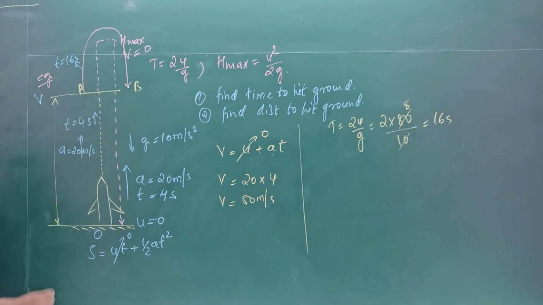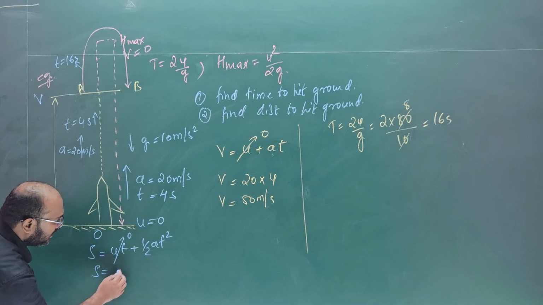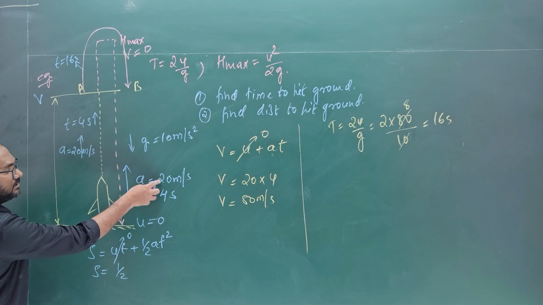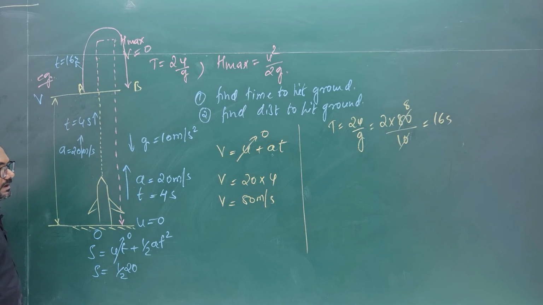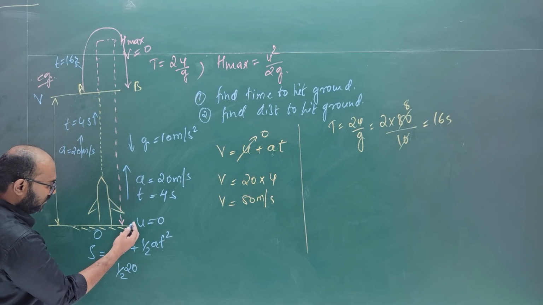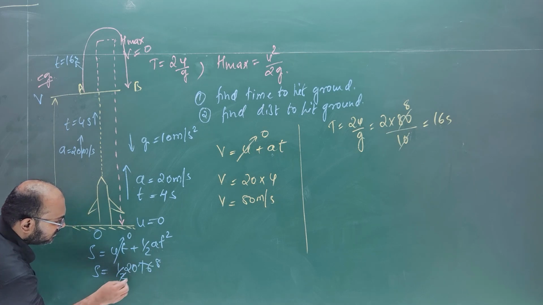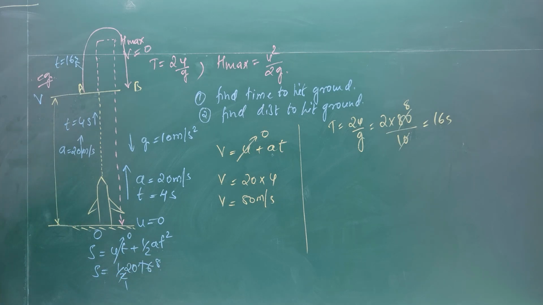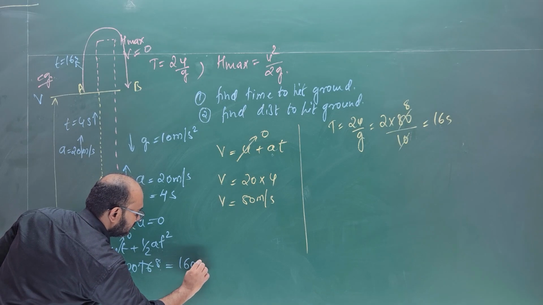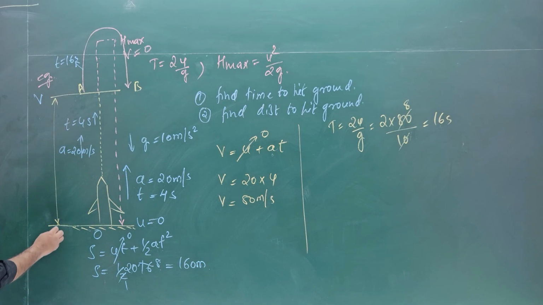Yes or no? Okay. Then next, S is not given, we don't know. So S is equal to half of acceleration, which is 20. Acceleration is 20 and time is given how much? 4 seconds. So 4 into 4, 16. So half of this becomes 8. So 20 into 8, 160. So what is the distance from A to O to A? That is 160 meters. Okay, so can I say that 160 meters it traveled in 4 seconds, then from here